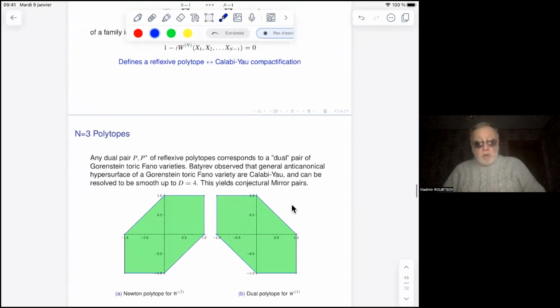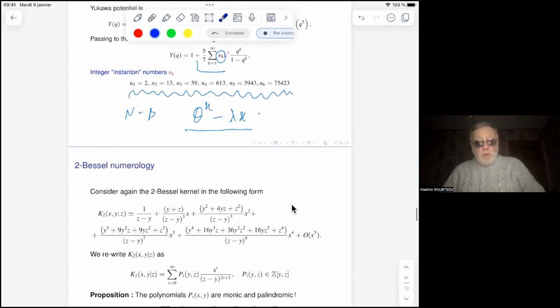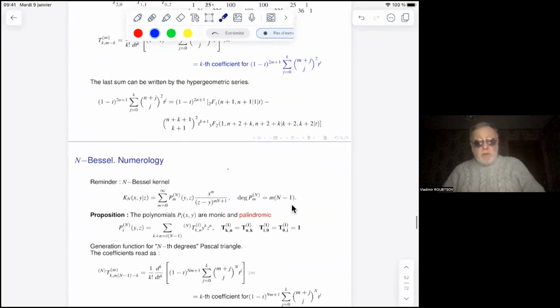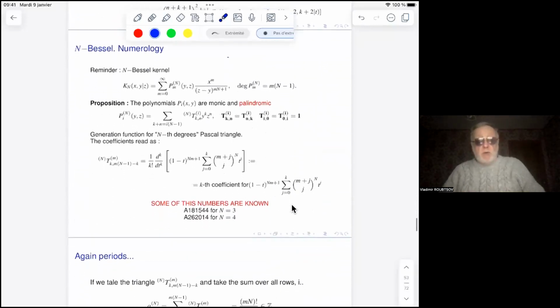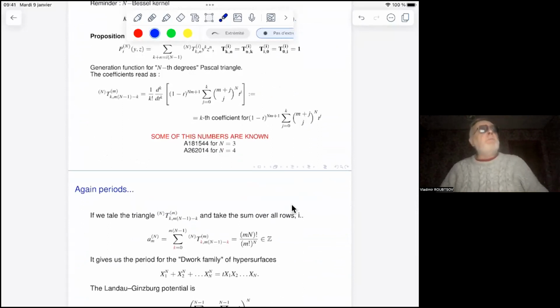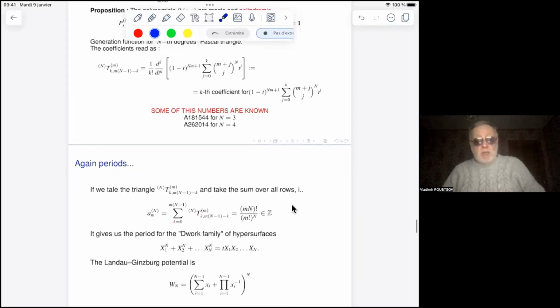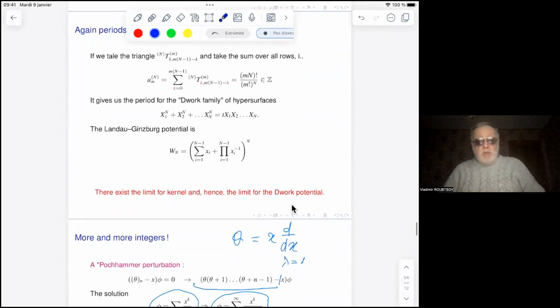I told you about the relation with mirror symmetry, and then we stopped when we considered some integer sequences which one can obtain from the coefficients of this kernel and the Bessel kernel development. We don't know all the meaning and all the interesting properties of these integer coefficients, but the very fact that they are integer, and some of them are in the OEIS, the encyclopedia of integer sequences, shows that the object is quite amusing